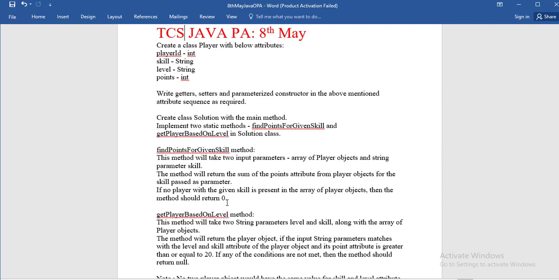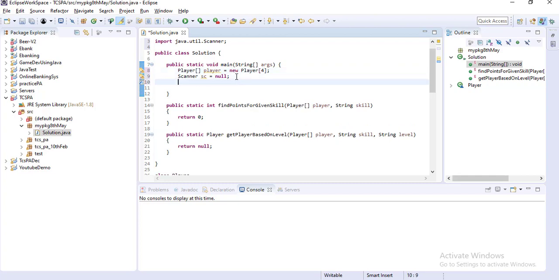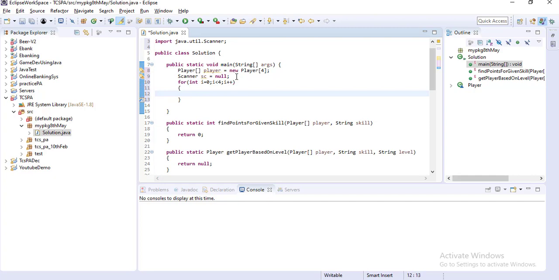It was written that 4 objects you have to create. So I am creating 4 objects, and then using a for loop, I will take the input from the console. So for int i equal to 0, i less than 4, i plus plus.